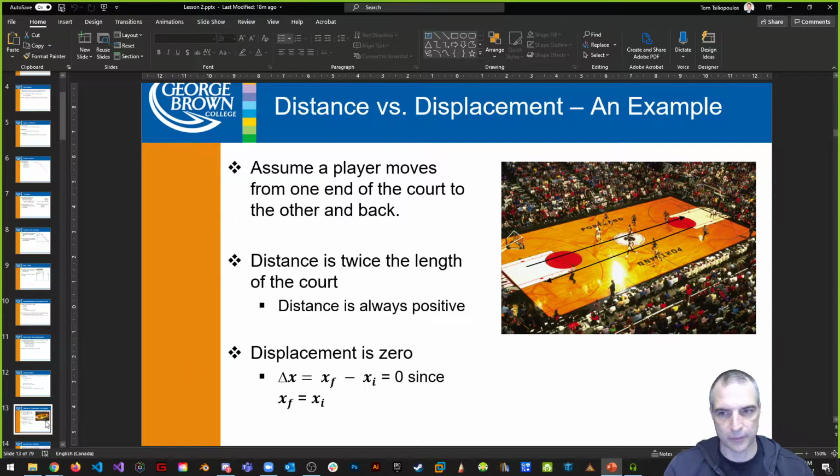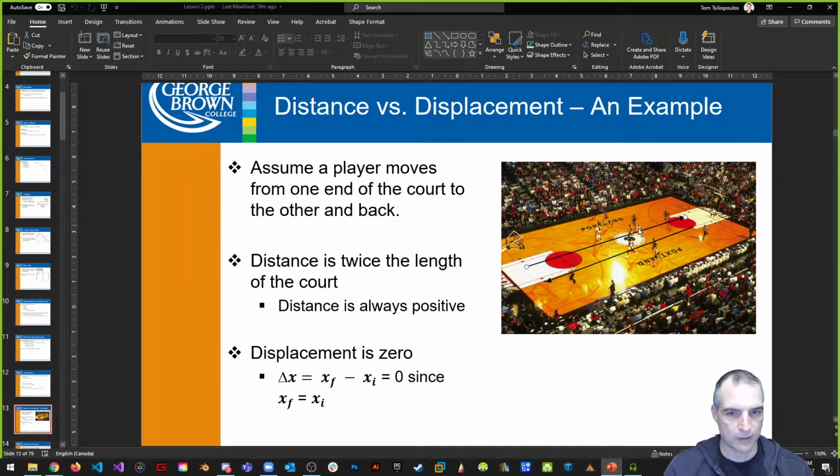Let's give an example here. Here we have an example of a basketball court. Assume a player moves from one end of the basketball court to the other and back. Distance is twice the length of the court, but displacement is 0. Why? Delta x is equal to x final, so the final position, minus the original position. Since the final position and the original position are the same, therefore the total displacement of a person moving all